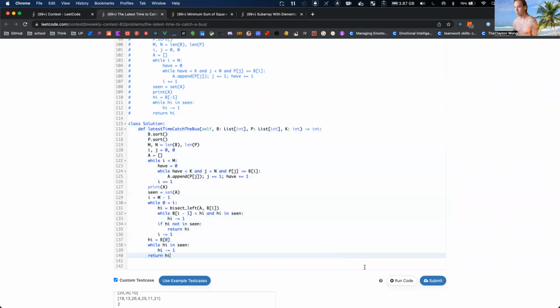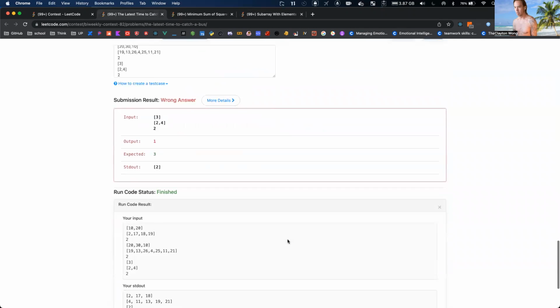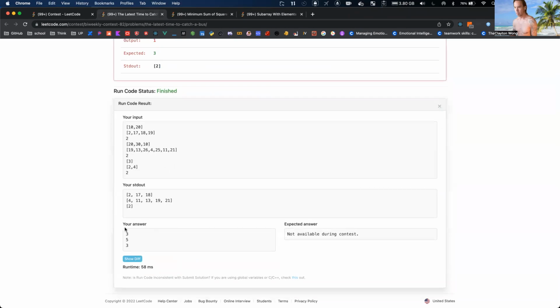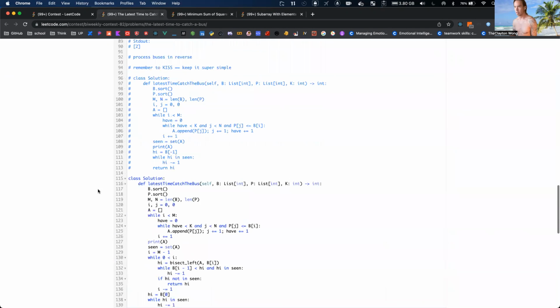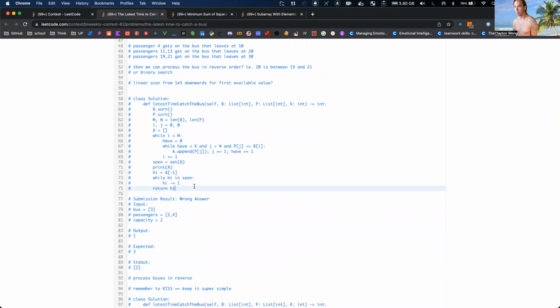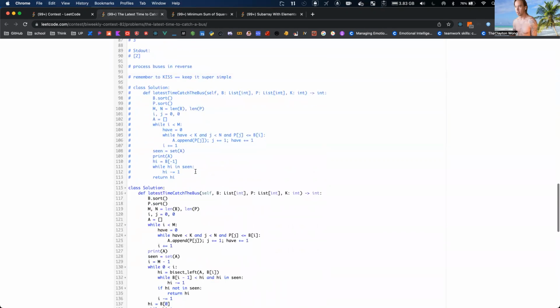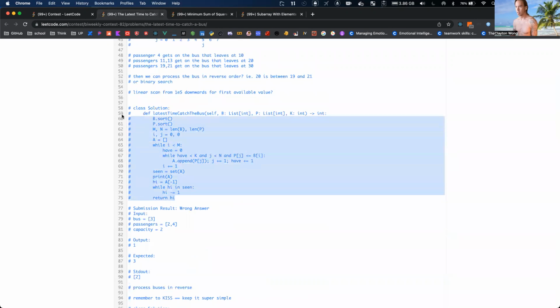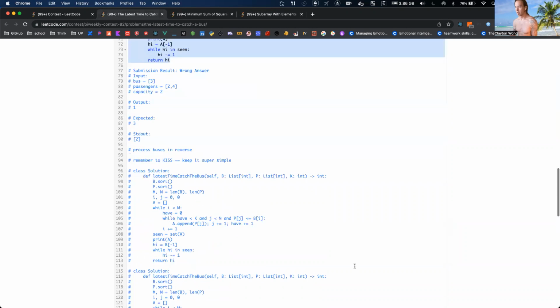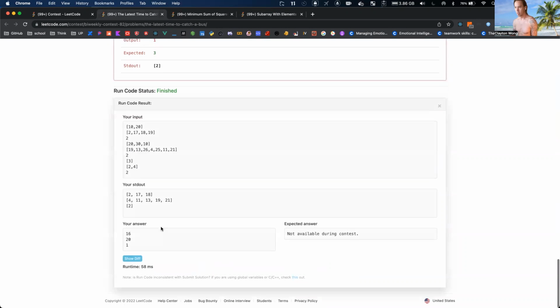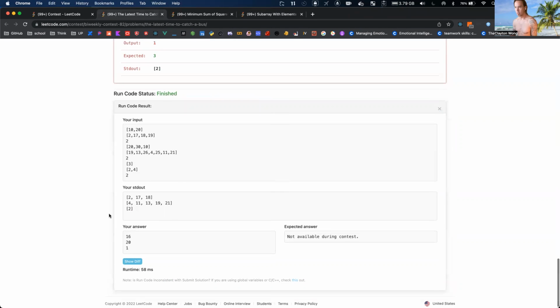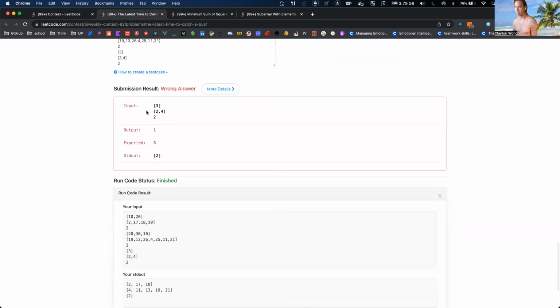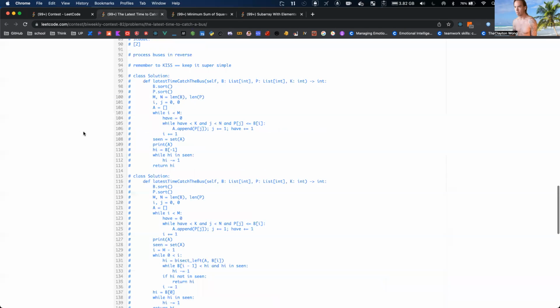Hold on. That's not right at all. I thought I was close. Maybe this is the closest solution I got. 1620, but then 1 is not right for this one. So as long as the bus is not full,